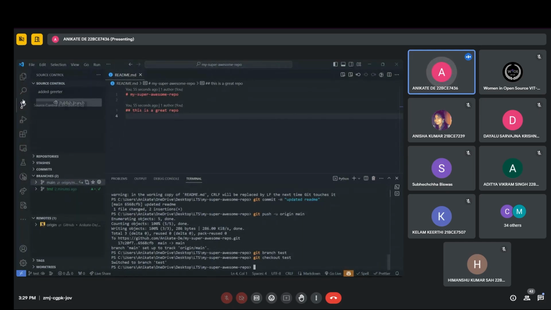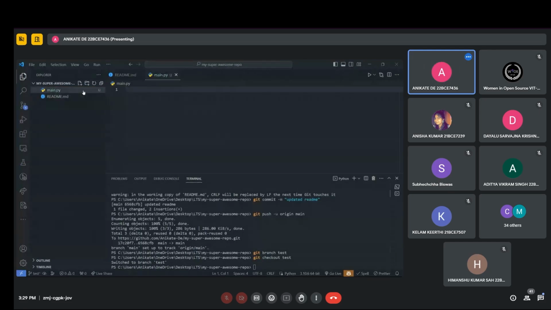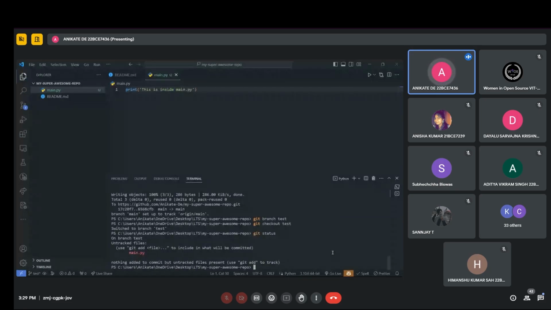After this, let's edit certain files in here. Let's add a file called main.py, and we'll print something. This is inside main.py, save it. So if I do git status, it says main is untracked. So I do git add all, and